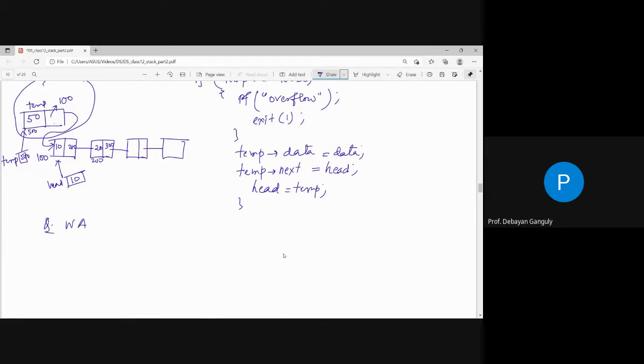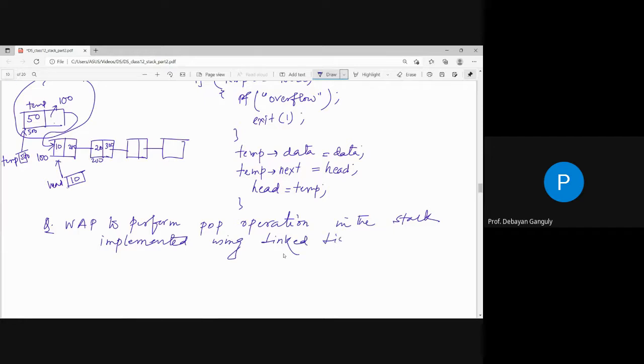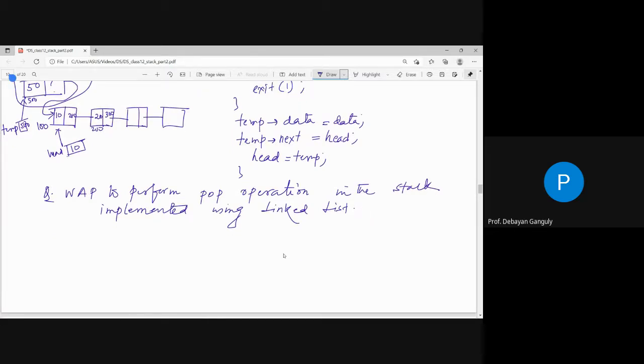Now if we want to write a program to perform pop operation in the stack implemented using linked list. So that is also simple, আমার হেডটাকে ডিলিট করতে হবে। বাকি ফার্স্ট নোড যেমন লিঙ্ক লিস্টে ডিলিট করেছো,